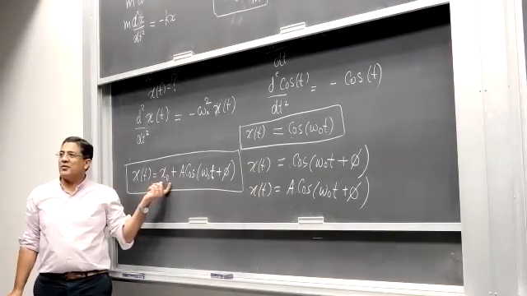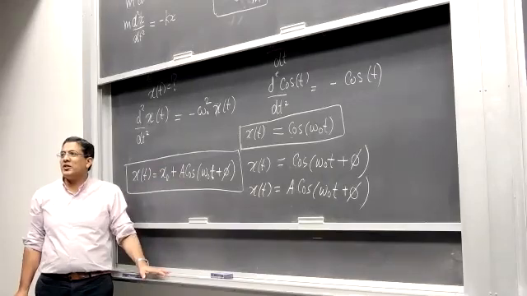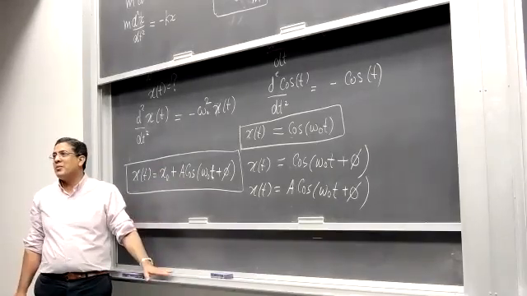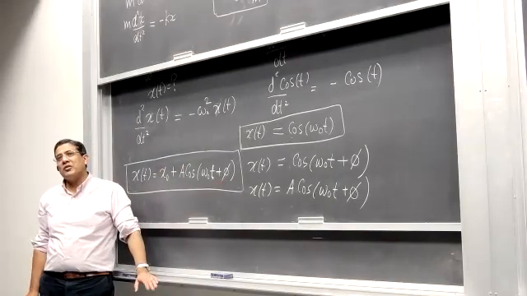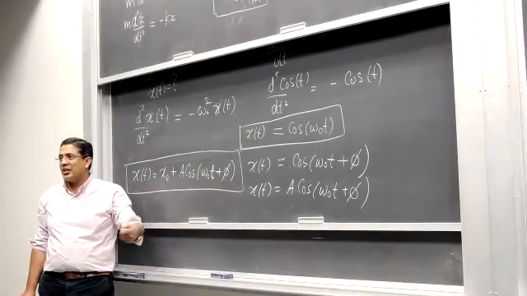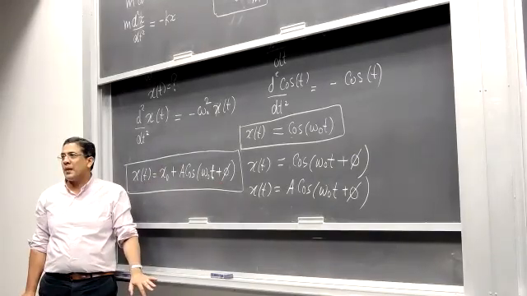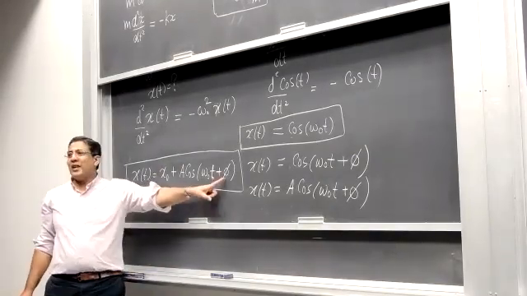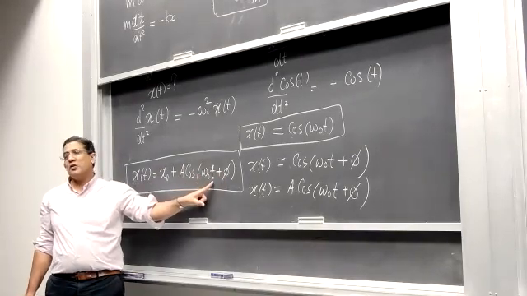x naught is just where you place your system, right? And then if you want to set your clock at whatever time, you choose the value of phase, and that allows you to set the clock, when to start recording the motion, or start observing the motion. Okay, but let's say if you set phi to be 0, then t0 would be 0. That's where you're starting your clock.